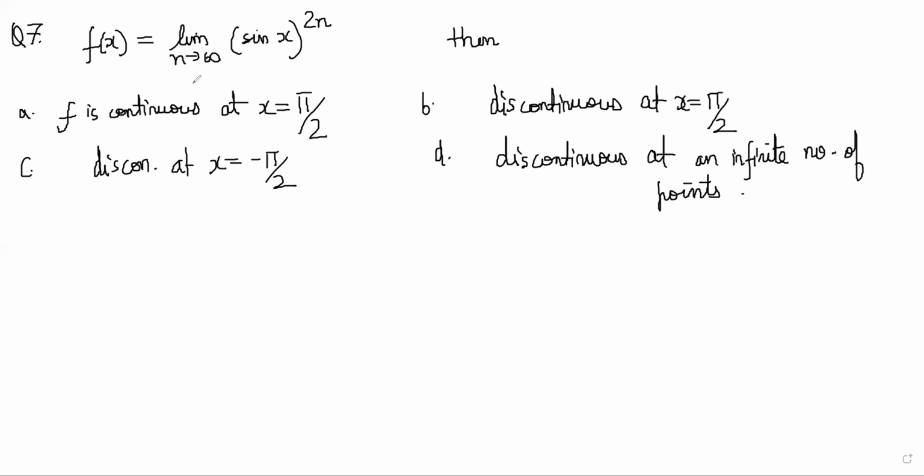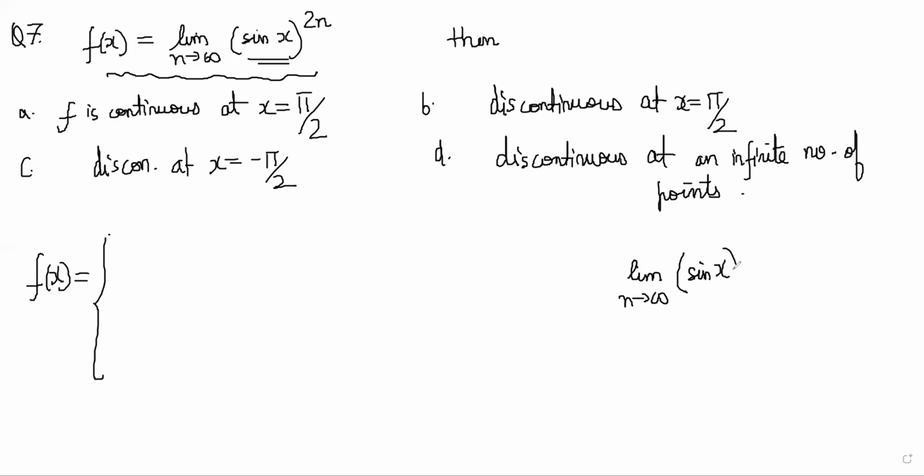So just think about the definition of the function. If you can specify the definition clearly, then it will be sorted for you. So what I can say is that this limit, n tends to infinity of (sine x) to the power 2n, will depend on whether mod of sine x is less than 1 or equal to 1. If it is equal to 1, the limit will be 1. And if it is less than 1,